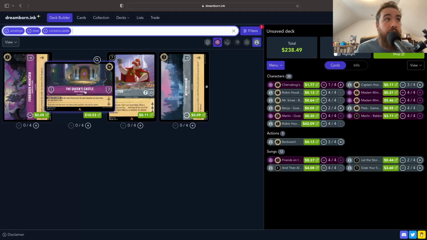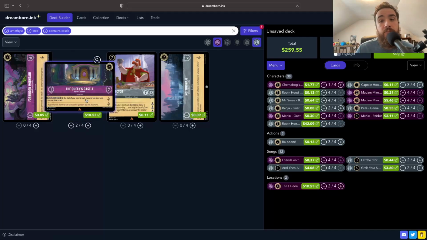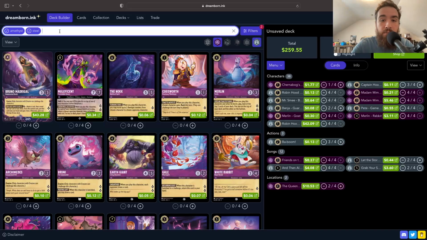When it sticks, it can end the game really quickly, both in getting you card advantage and getting you 2 extra lore per turn. I think this has been tried and proven, and I think it's really, really good. There is a new kid on the block